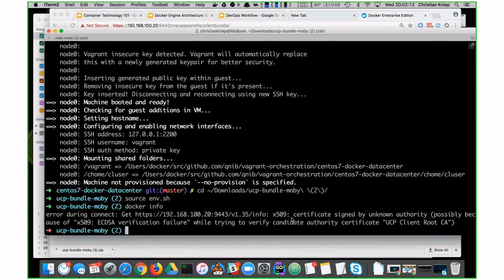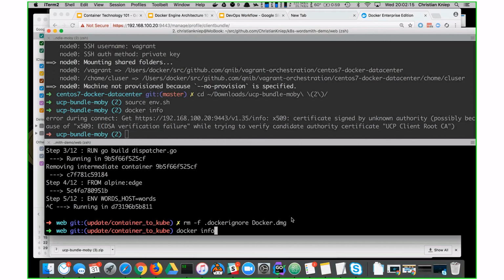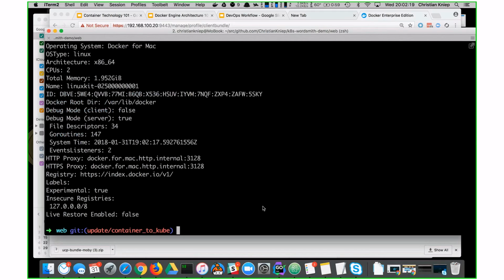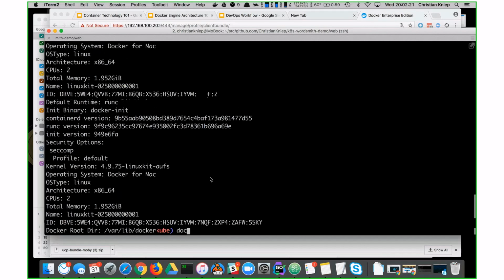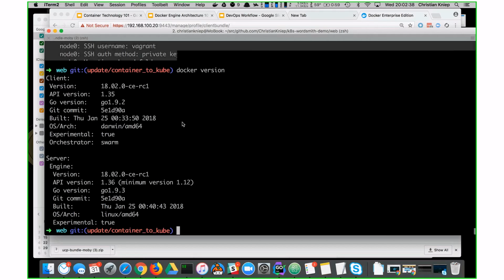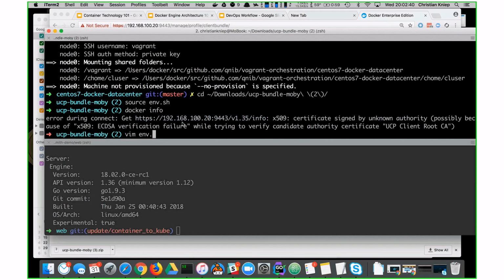But normally, if you do Docker info, now I'm connected to my Docker for Mac engine, right? So I'm connected to the server here on this Linux. And if the certificate were not messed up, then I would see that my server will be the UCP server, and then you can deploy. This environment is pretty much self-explanatory, I guess.